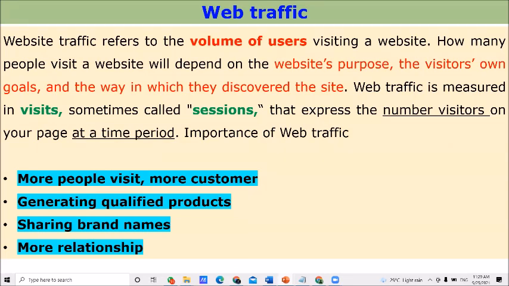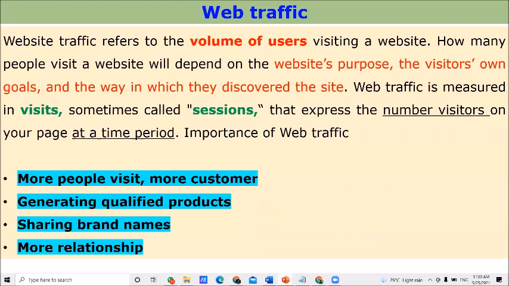If the number of visitors is low, it means your website is still developing or there is not much demand for your product. Therefore, when we are designing and hosting websites, we should give particular attention to improving the web traffic.